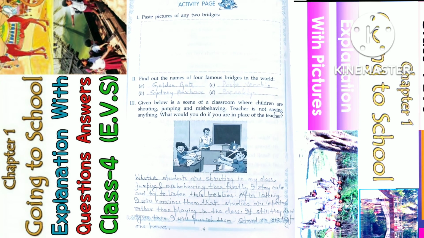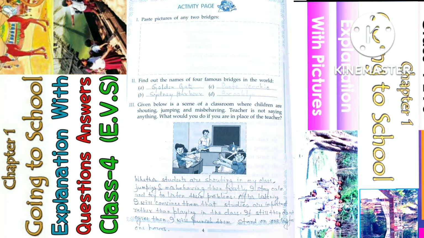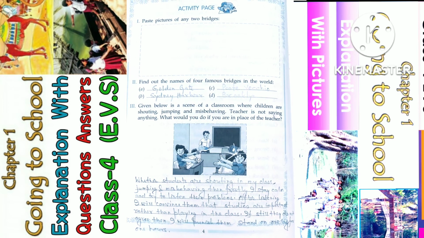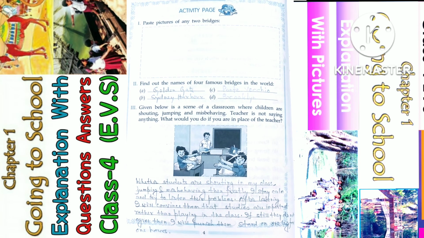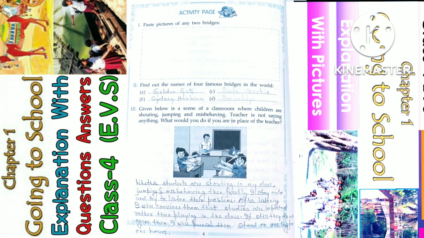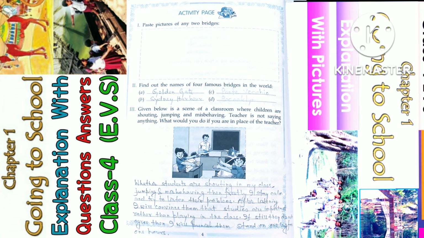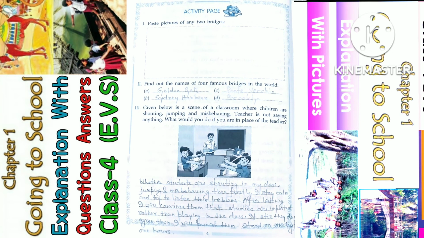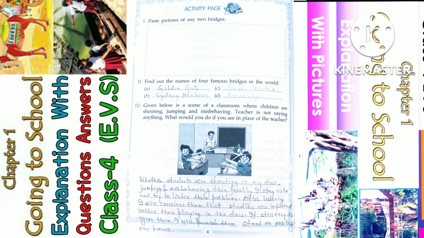Next question 3. Given below is a scene of a classroom. यहाँ पे classroom का एक तो scene दिया है। Where children are shouting कर रहे हैं, jumping कर रहे हैं, misbehaving कर रहे हैं। Teacher is not saying anything. Teacher कुछ नहीं बोल रहे। What would you do? तुम क्या करोगे इफ यू आर इन ए प्लेस ऑफ टीचर? अगर टीचर के जगह में होता तो स्टूडेंट क्या करेगा, ये बोला। तो इज बेसिकली वन कंडीशंस।